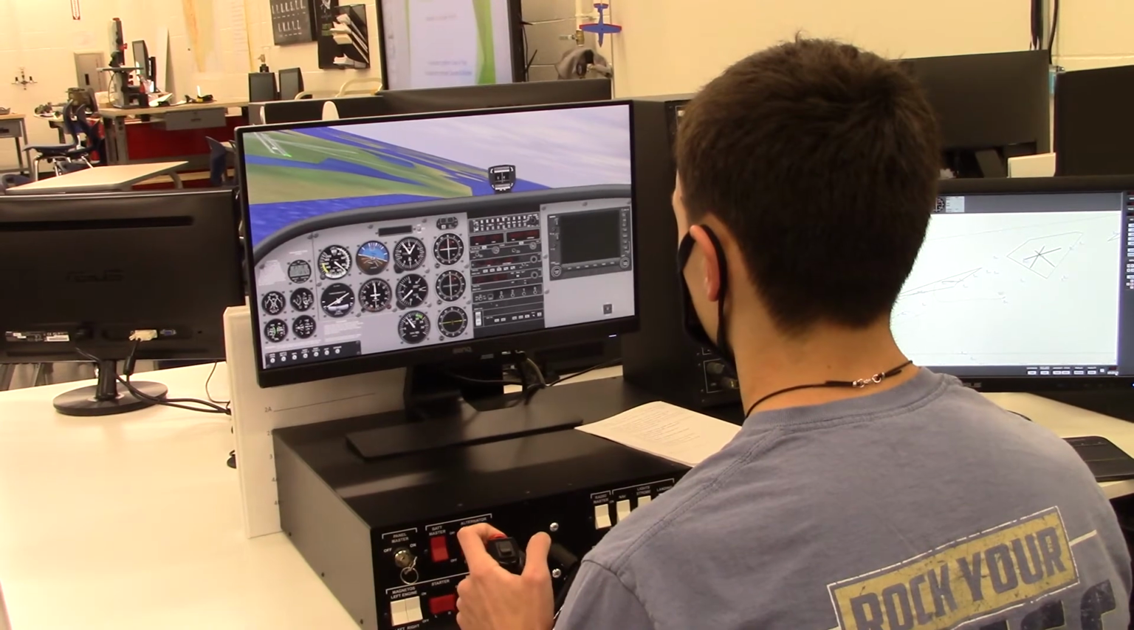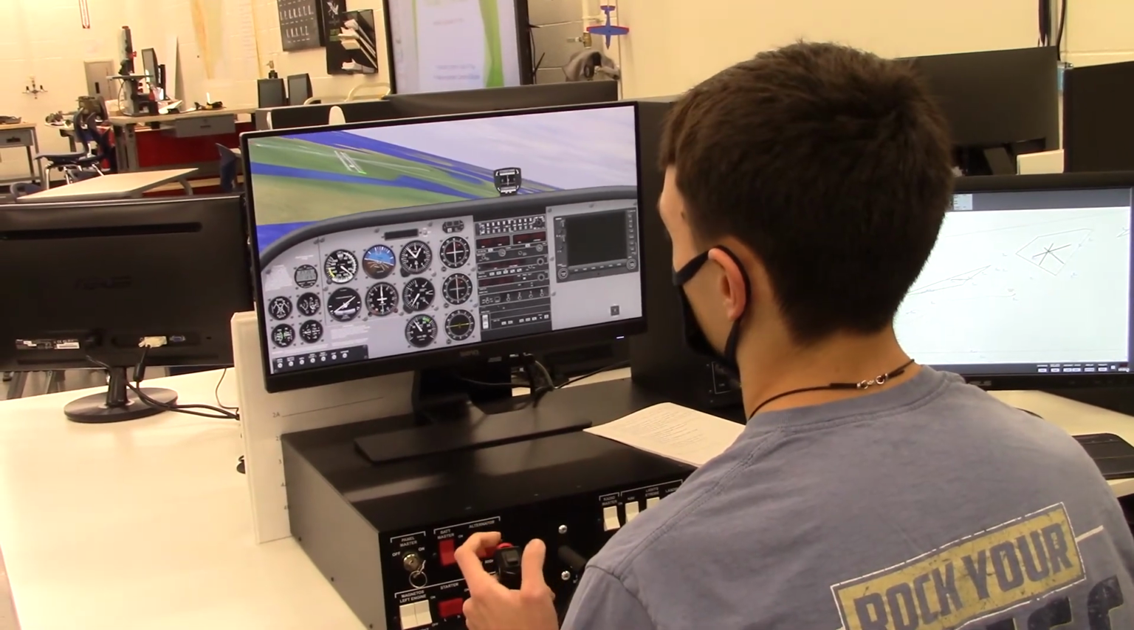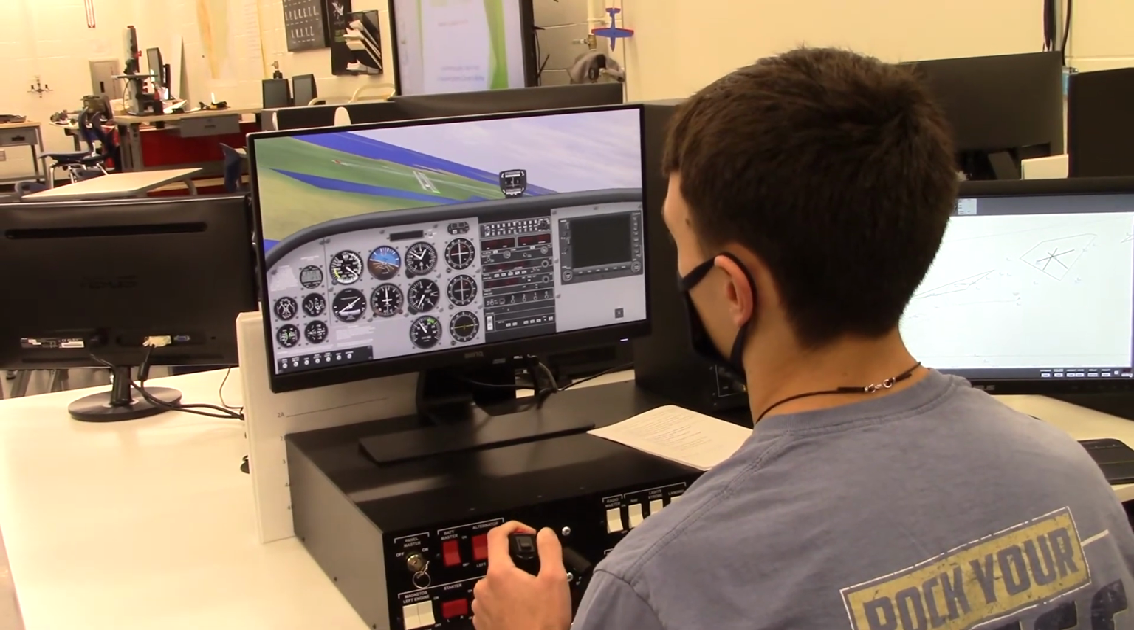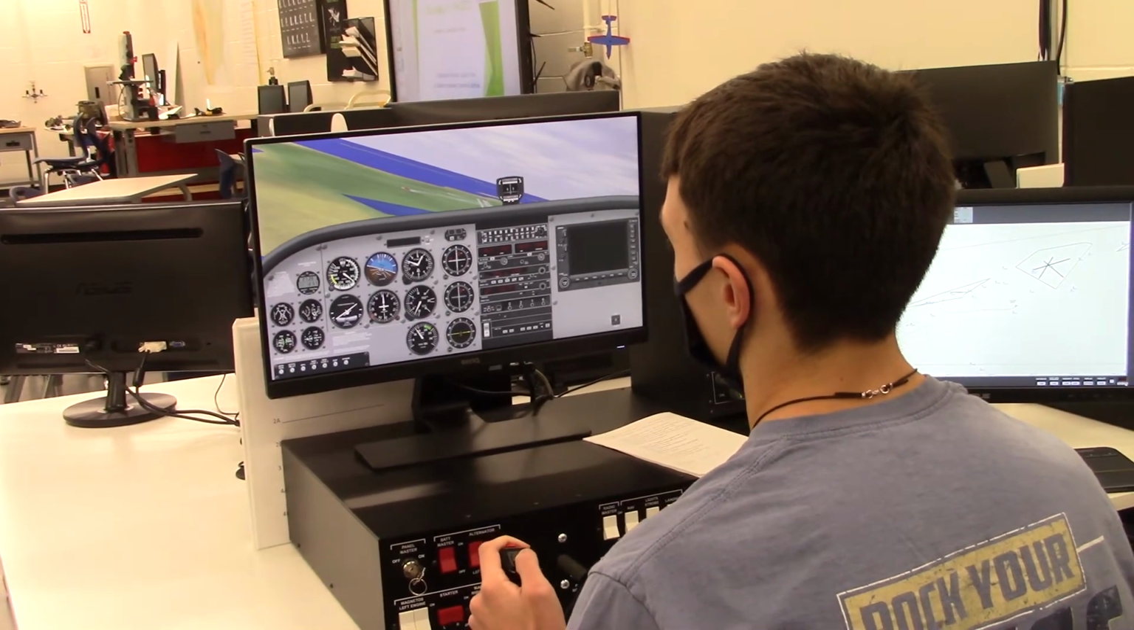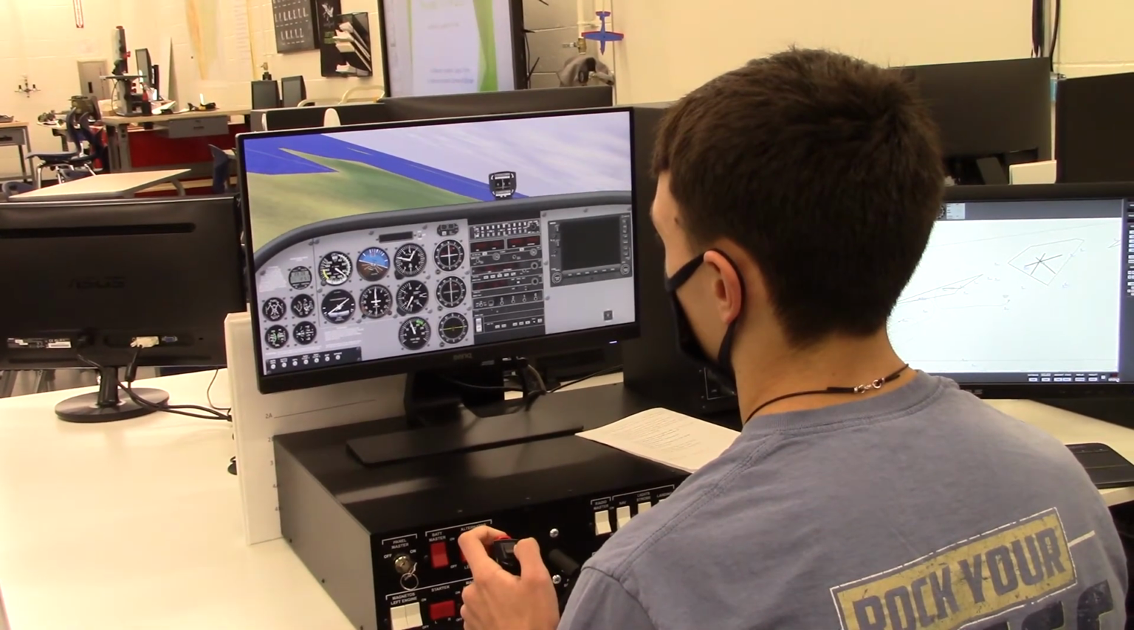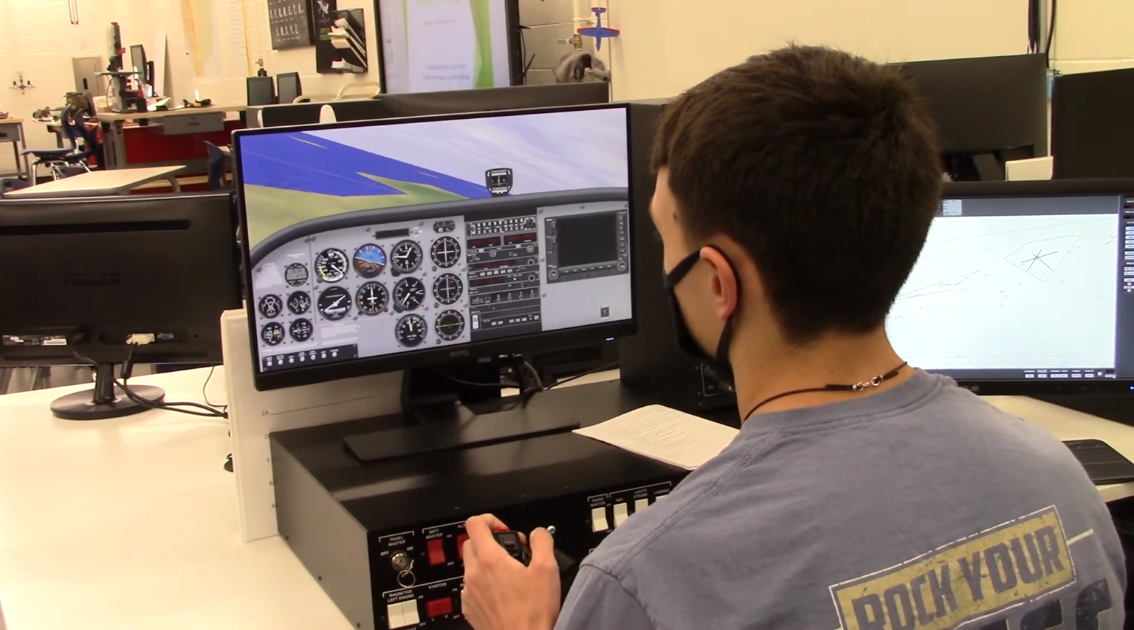Skyhawk 224 Romeo, left base runway 2747. Skyhawk 224 Romeo winds 270 at 4. Cleared to land, runway 27. Cleared to land, runway 27, so 224